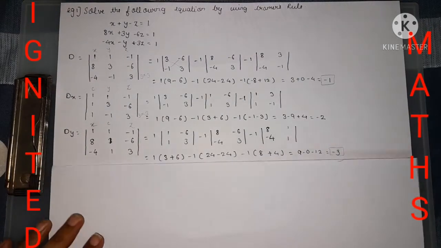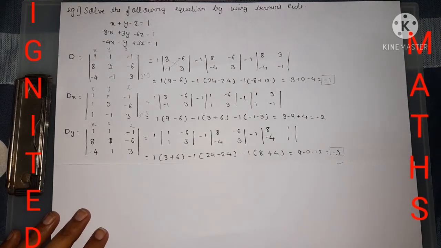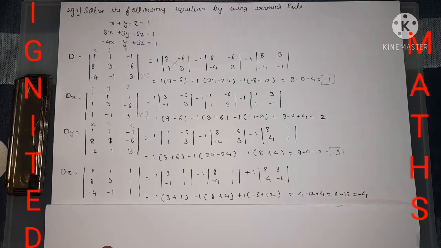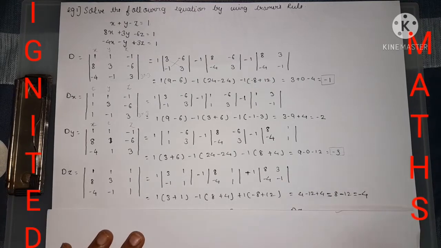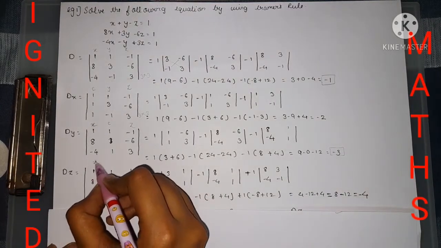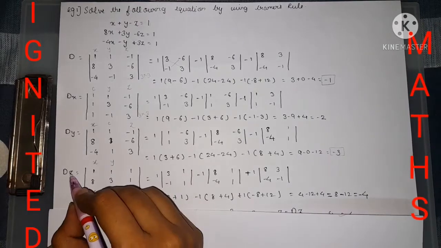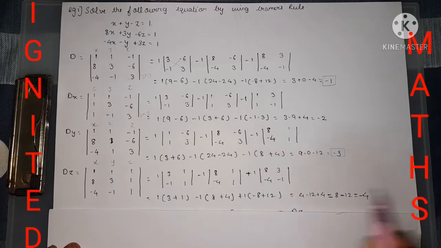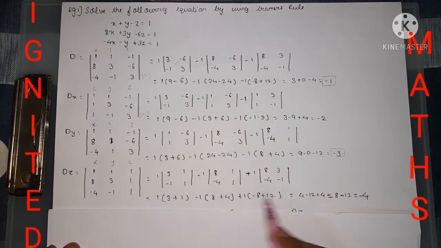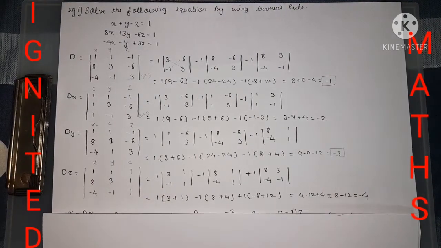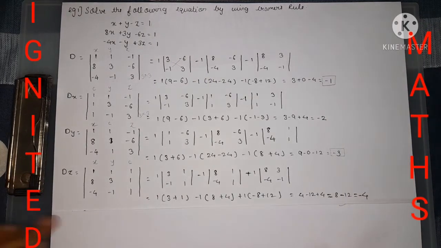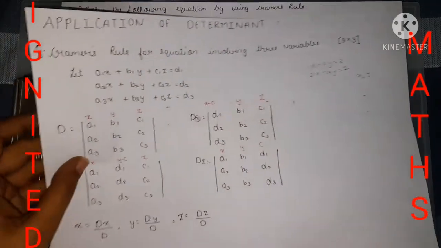Please go through the video and please check the calculation also. And next, the dz value. Dz value is present as x term, y term, and in the z term we need to replace the constant term. Okay, and the rest of the terms as it is, a 2 cross 2 determinant, then you got the answer as minus 4, in which you need to find the value of x, y, z.